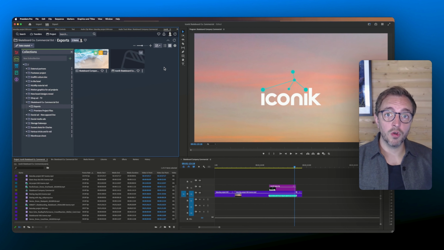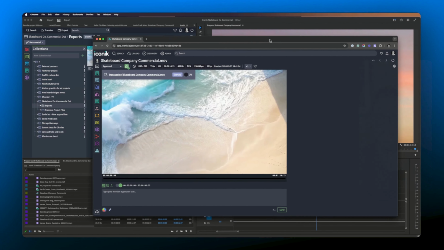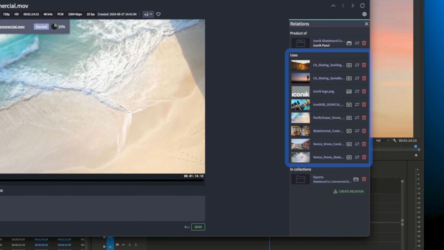Now something else really cool in Iconik is that it makes it really easy to see which assets were used in your Premiere exports and projects. Let's head to a recent export of our project in Iconik to see this in action. Here we can select Relations. This opens a tab displaying a list of the specific Iconik assets used in the sequence, with those relationships built